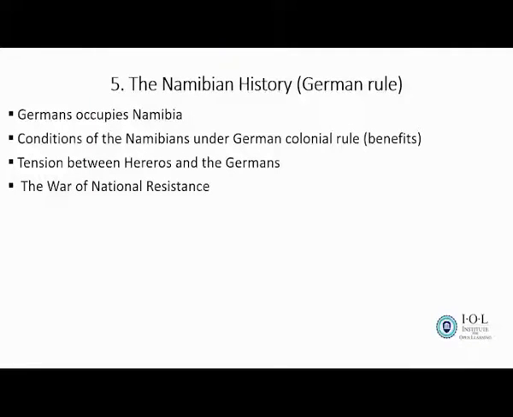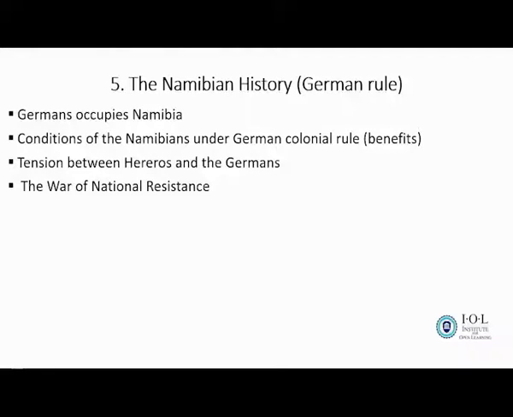And then they were provided with education. The Germans taught people how to read and write. That was another benefit. And then they were also converted to Christianity. Okay, and the infrastructure was improved. Schools were built in Namibia when the Germans were here. The railway lines, the roads, all those things. So that's how we benefited.